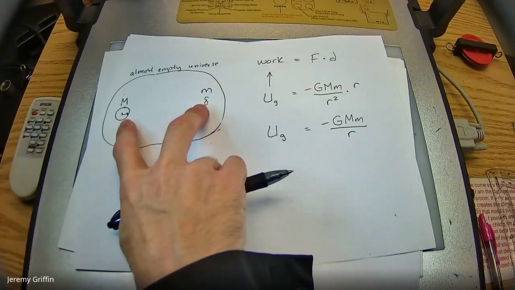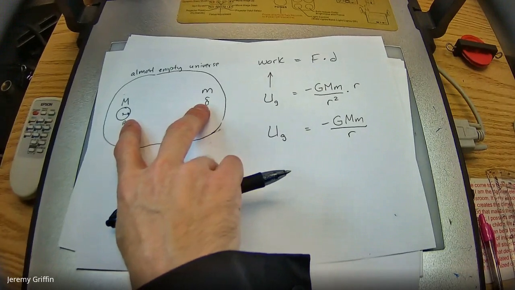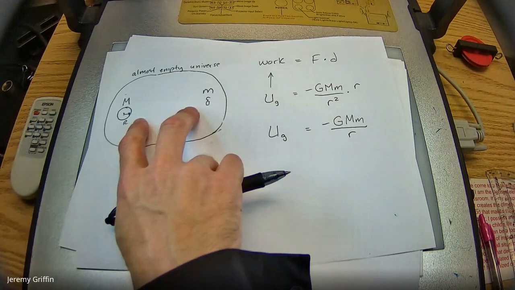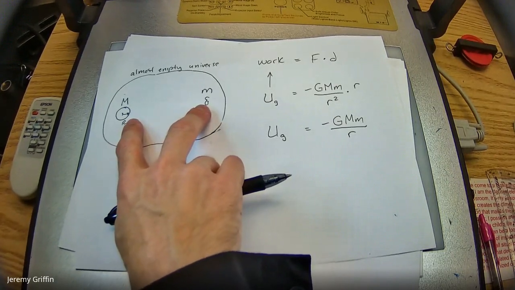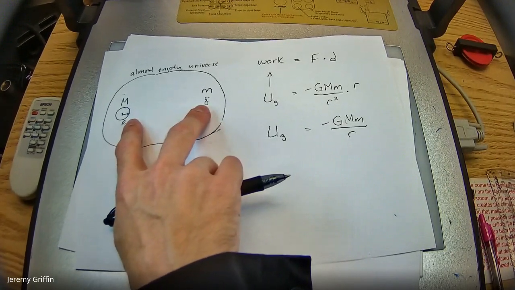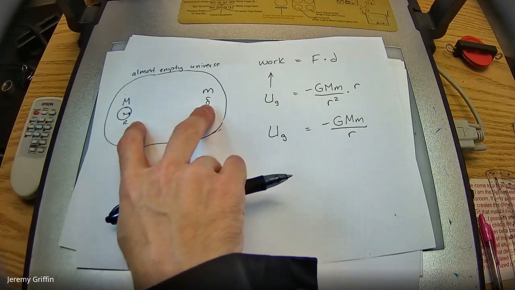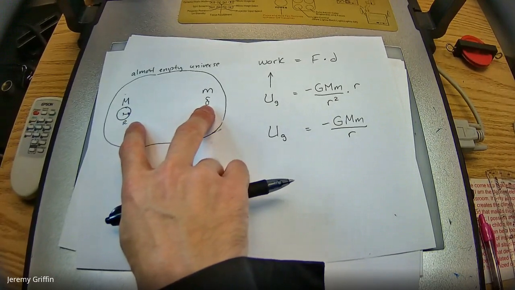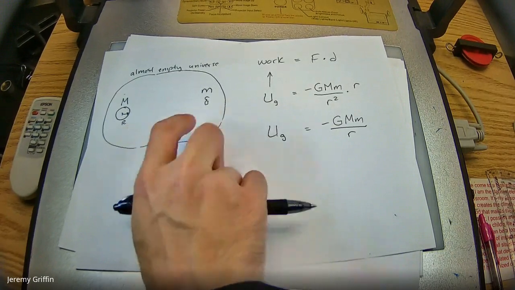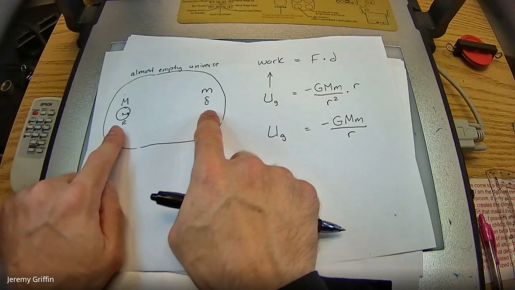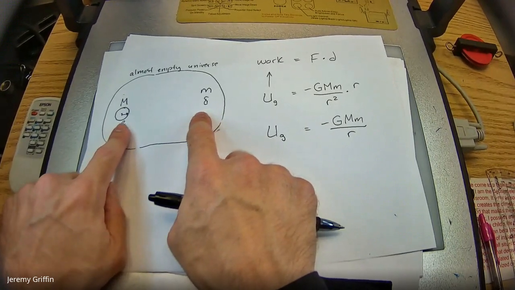I mean, if they're nearly infinitely far away from each other, well, you wouldn't want to use mgh for a couple reasons. One is that g gets very small, but that h would become near infinitely large, so it's kind of hard to approach that way anyway. But maybe a good reference point is just to call this zero energy in the system. If there's zero energy in the system to start with, they're just floating around, starting from rest. And then they start to pull towards each other. They start to gravitate towards each other.